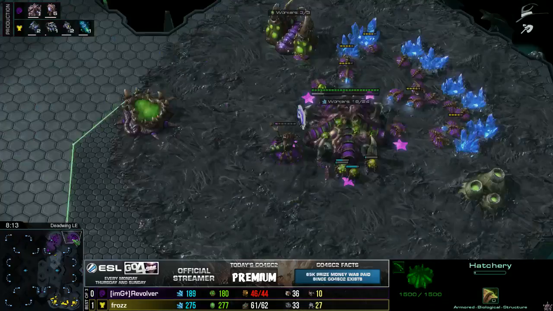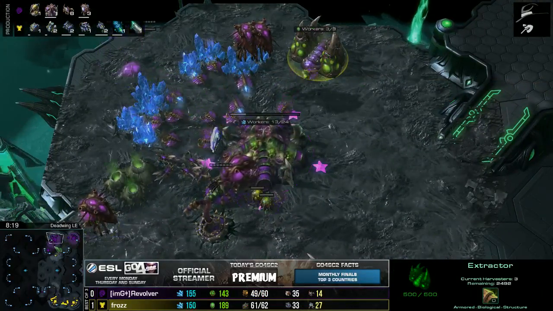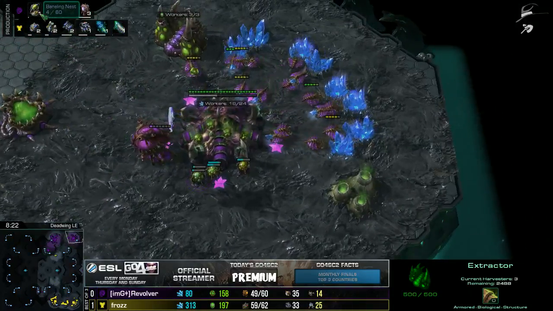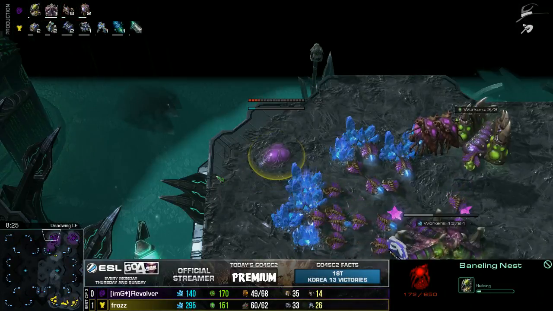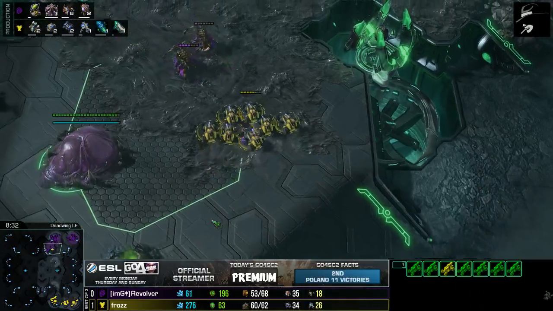And we see no evolution chambers coming down for Revolver. He's mining off of 2 gases so far. And no lair. Instead, we have the Baneling nest going down. So maybe he's a little bit scared of a